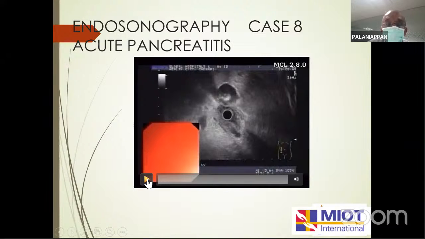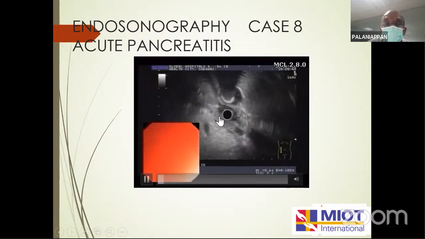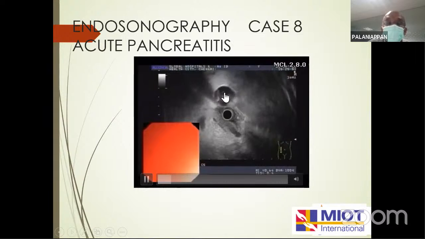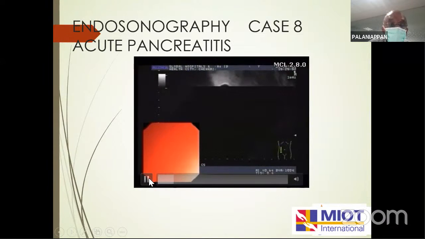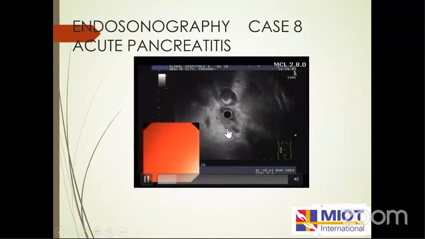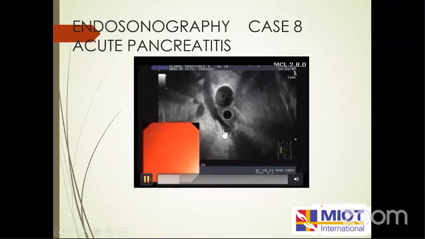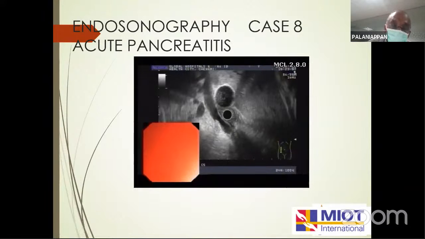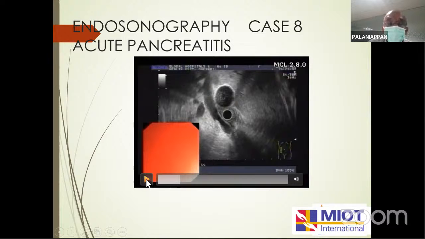So what we did was endoscopic ultrasound. The scope is in the duodenum. This is the endoscopy view, which we don't want. This is the US view. This is the gallbladder with the stone. From the duodenum, we are screening the bile duct. See, can you appreciate the bile duct? This is the bile duct. So in the same sitting, we identified the stone is there, and in the same anesthesia, we switched over